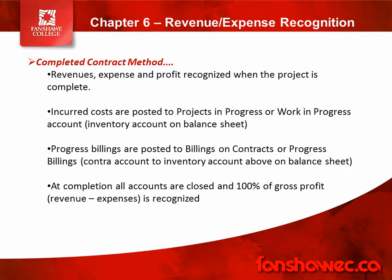So we put all of our expenses in the Project in Progress, the PIP account, and it's an inventory item. So under inventory, you would have something called PIP, and right below it you would have something that said less Billings on Contract, or less BOC. PIP minus BOC. BOC is a contra account to your PIP. What that means is it works the same way as accounts receivable and allowance for doubtful accounts. On our statements, we show accounts receivable less allowance for doubtful accounts to get to net receivables. Is that right? Well, when we deal with this